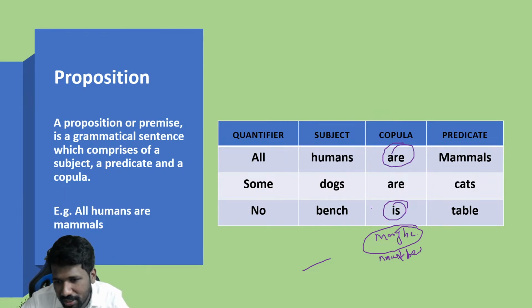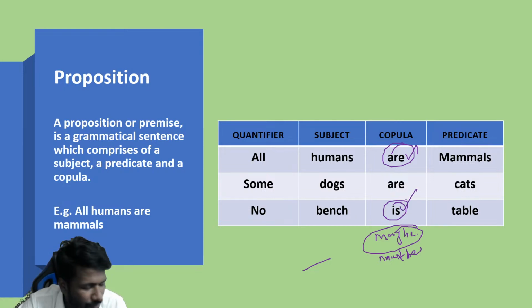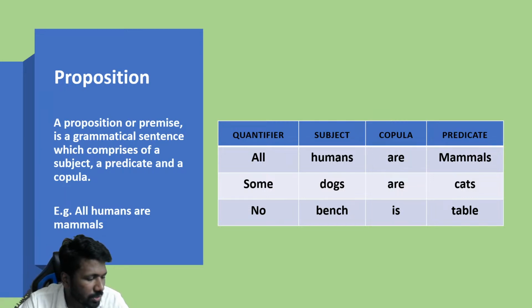In comprehension lectures, I will explain how to avoid or identify extreme terms, and that itself solves many questions. Anyway, are means in all cases. Is is just the singular of it, that means in all cases. May be means in some cases. That means if the copula is is or are or must be or should be, those kinds of extreme words, what you are trying to prove should be true in all cases, not in some cases only, but in all cases.